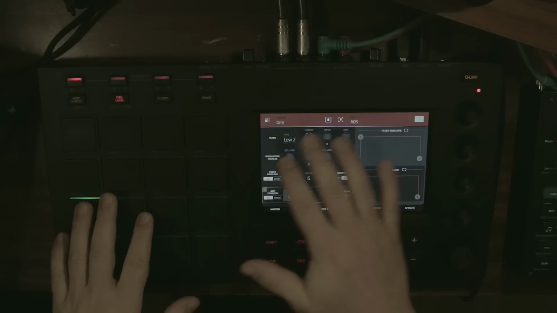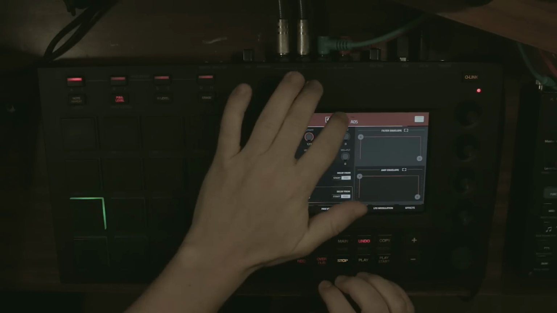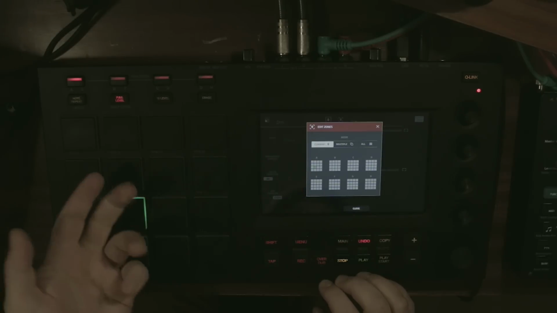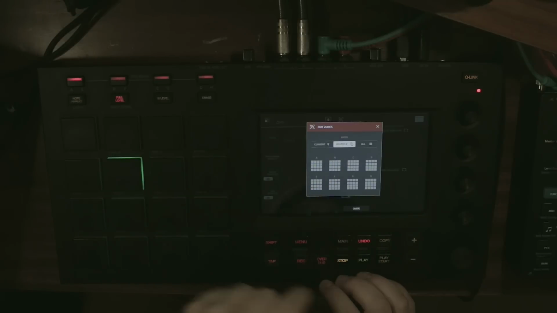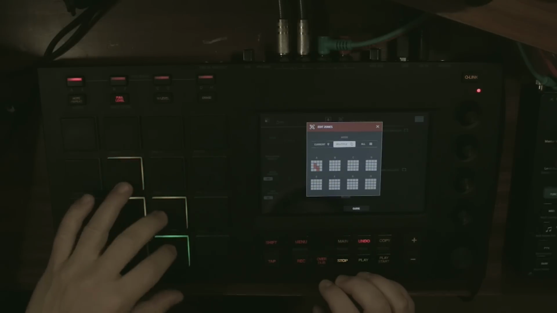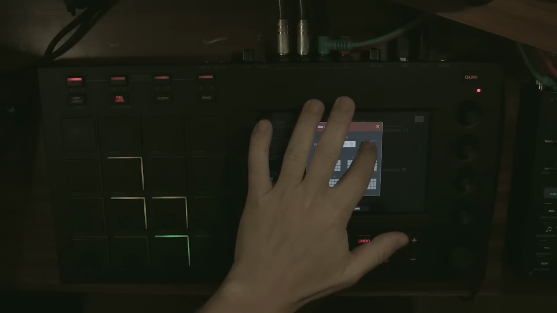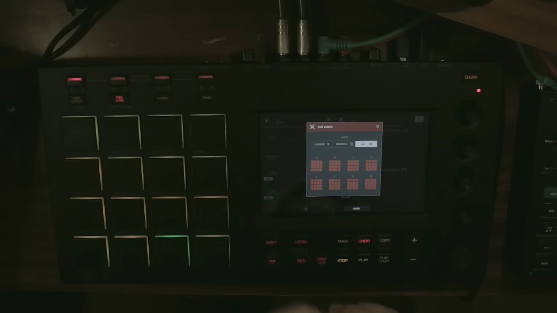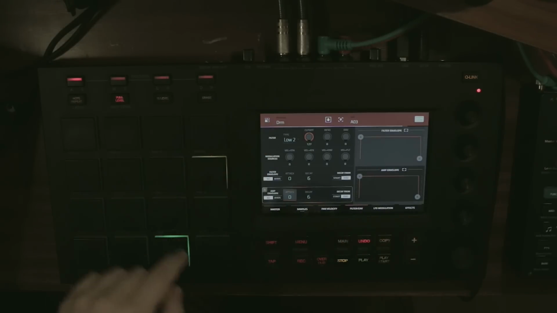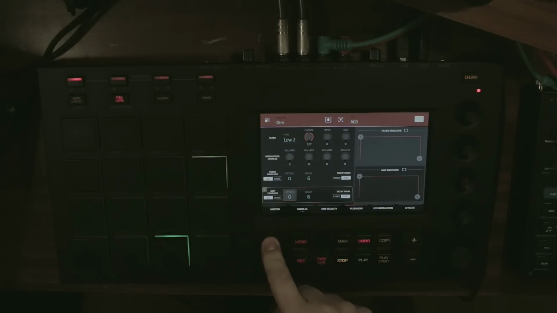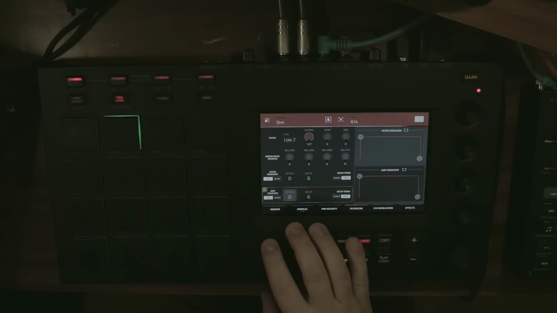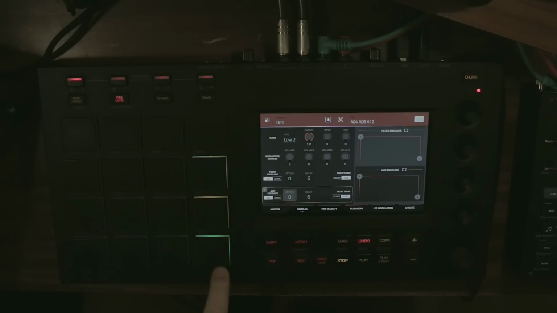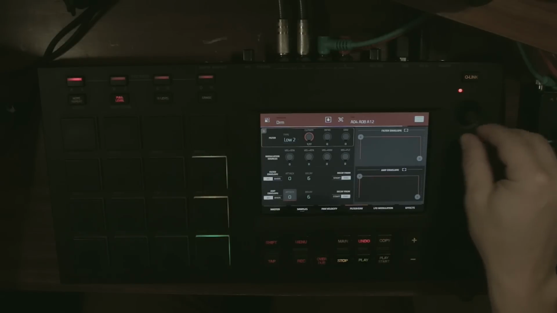Now another way of editing pads simultaneously is by using this icon at the top. Currently, you're only editing the pad that you touch on. If you press multiple, you can select multiple pads to edit at the same time, or all, and you'll be editing all the pads inside the program at the same time. There's an easy way to select multiple just by pressing shift and selecting the pads you want. So if you press shift and select these 3 pads, now you'll be editing these 3 pads at the same time. So if you change the cutoff point,